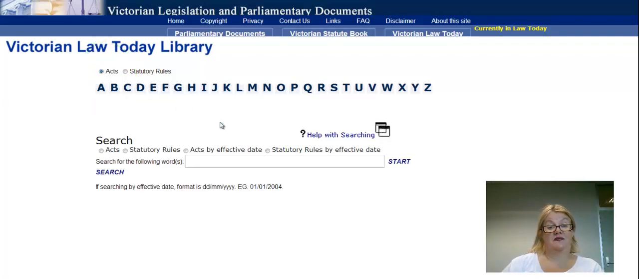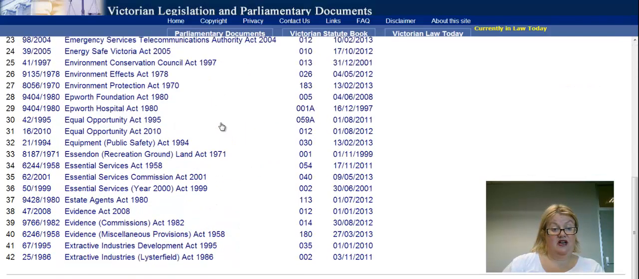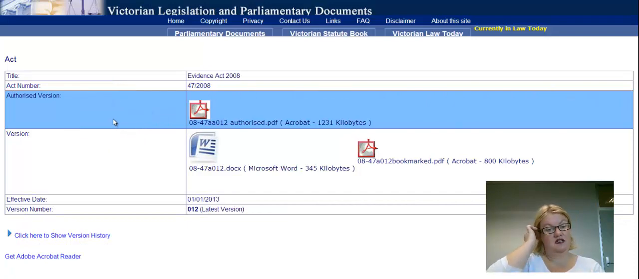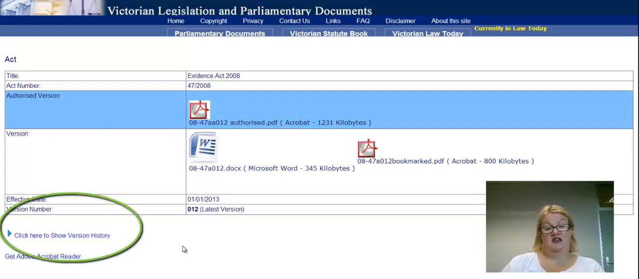So let's go into E, scroll down, we'll find the Evidence Act 2008. That blue line is an indication that this is the official authorised version of this legislation. So it's appropriate to use in court or in any other manner. That's the current version. What's really nice about the Victorian database is back to about 1996, there's this thing here